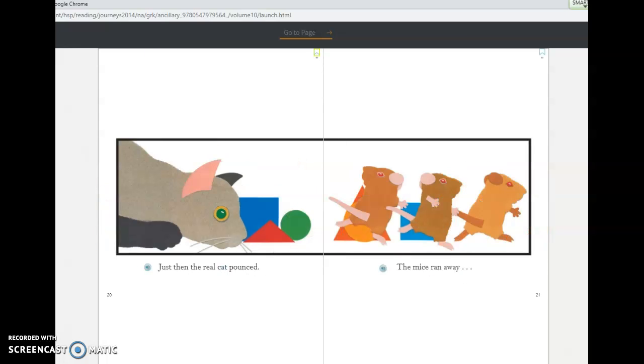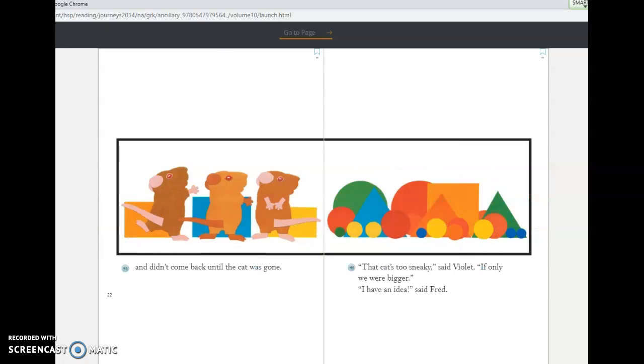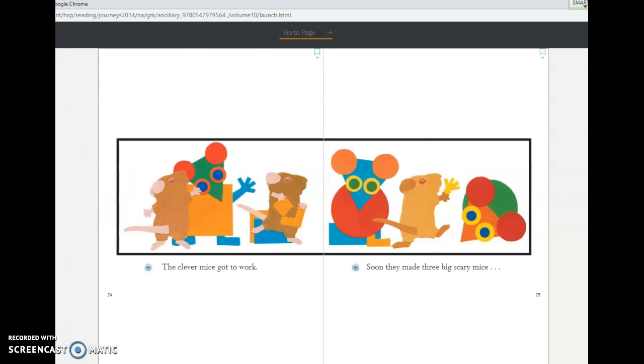Just then the real cat pounced. The mice ran away and didn't come back until the cat was gone. "That cat's too sneaky," said Violet. "If only we were bigger." "I have an idea," said Fred. The clever mice got to work. Soon they made 3 big, scary mice